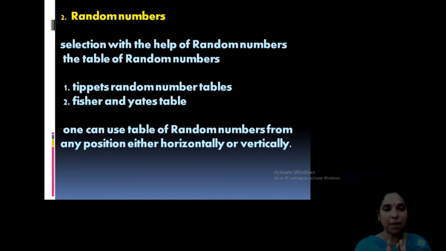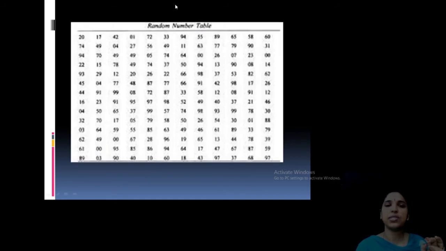One example is the Tippett random number table, and the Fisher and Yates table. These are already scientifically prepared ones. Then from that you select, move your pencil, stick somewhere, and take that number. That is random numbers. It's a ready-made table of numbers. So this is a random number table. You can move your hand or pencil, stick somewhere, then take it. So the numbers are mixed. Here see 1 here, 4 here, 21, 37, whatever it may be.